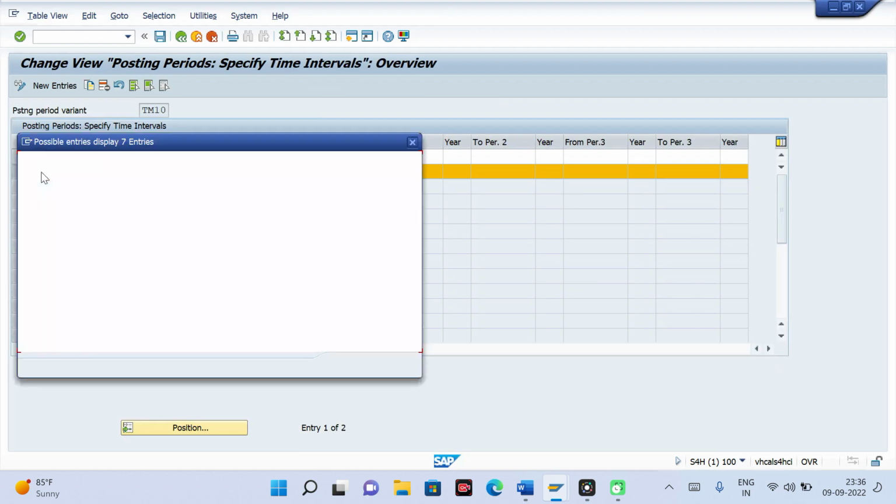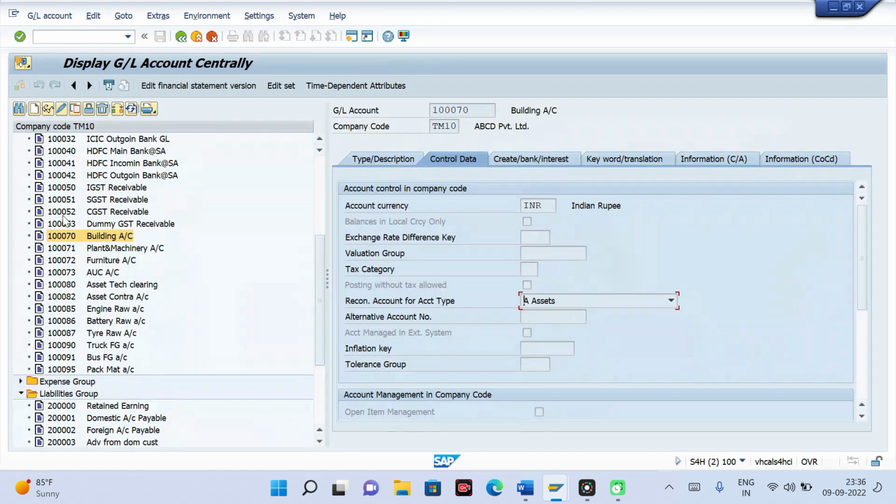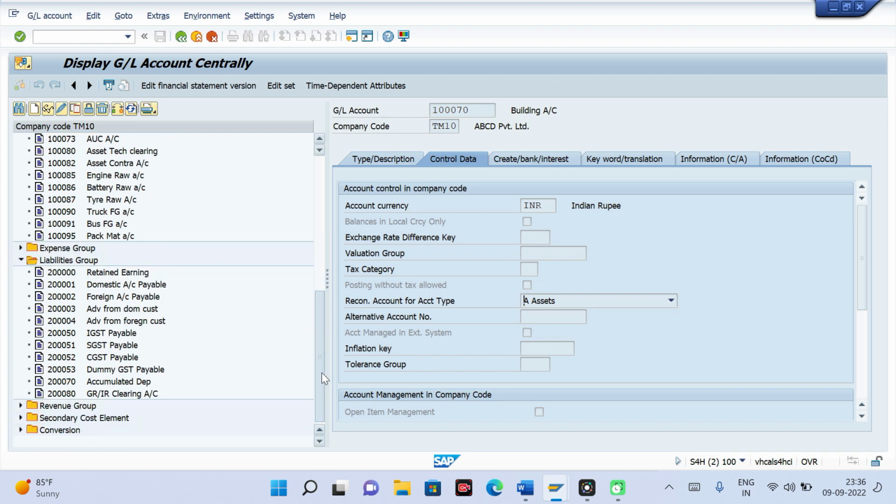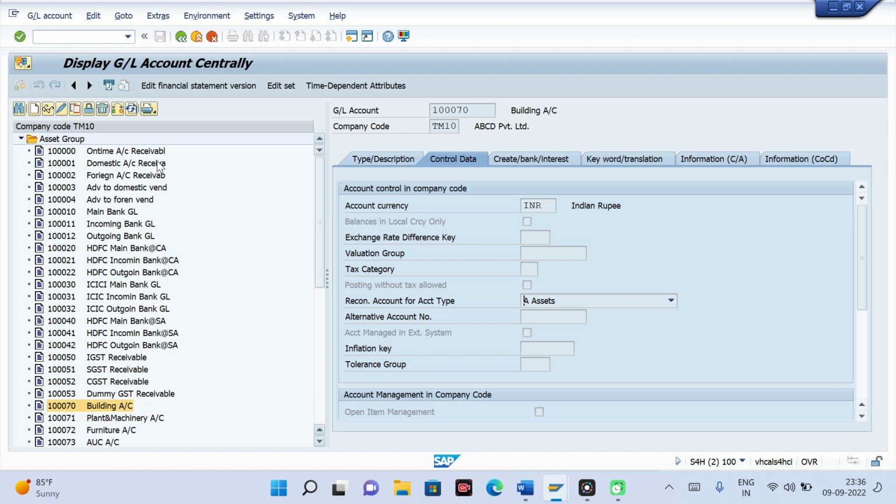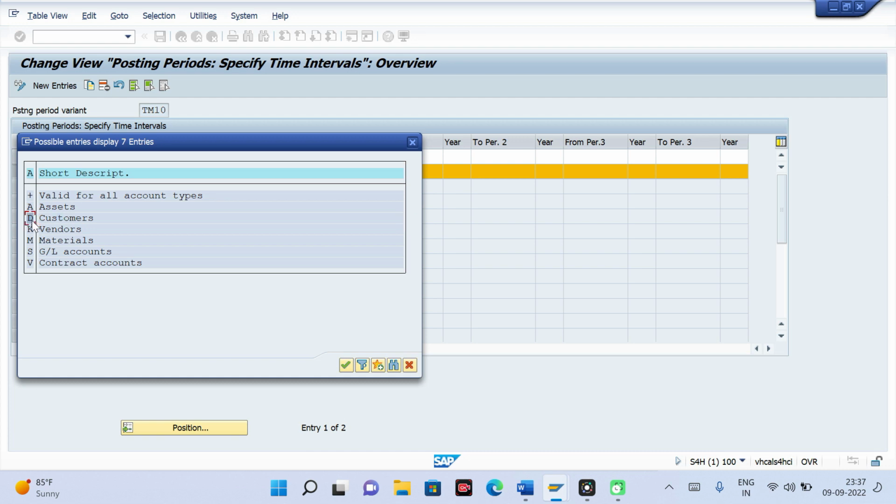Second is your customer. All those GLs which are created as reconciliation GL under D, whatever GLs you have created under D, for example, your reconciliation GL, advance paid to the customer, deposit paid to the customer, all those GLs are created under D. So those GLs are known as account type D GLs.